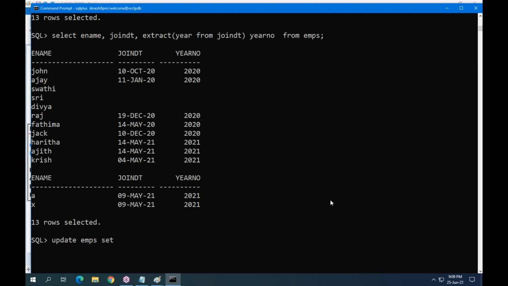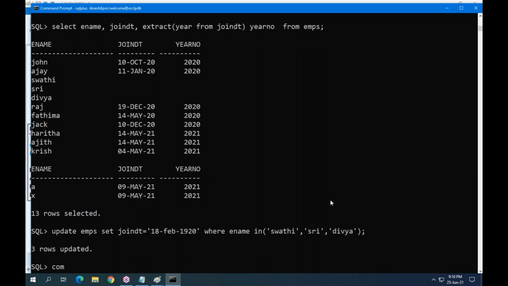Update EMPS set join date equal to 18 Feb 1921 or 1920, anything, where ename in Swati, Sri, Divya. Finish. 3 rows updated.